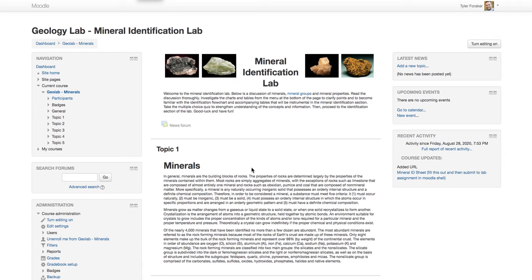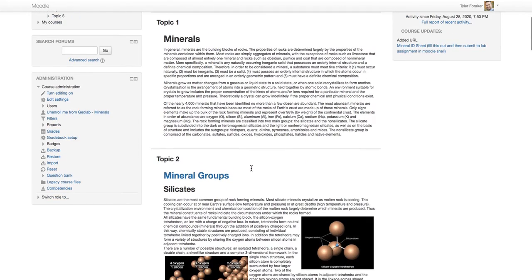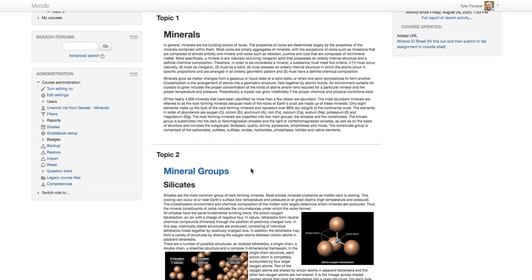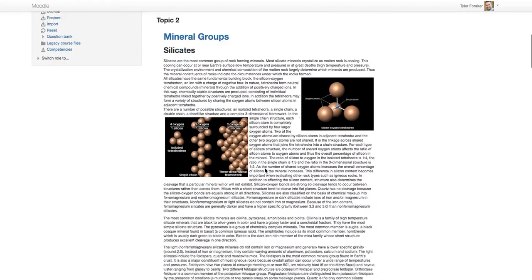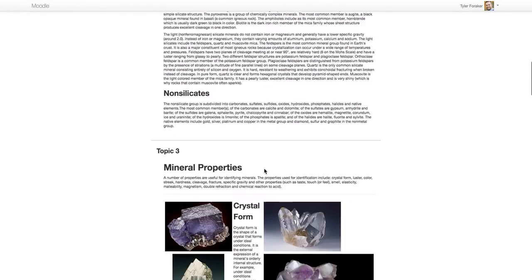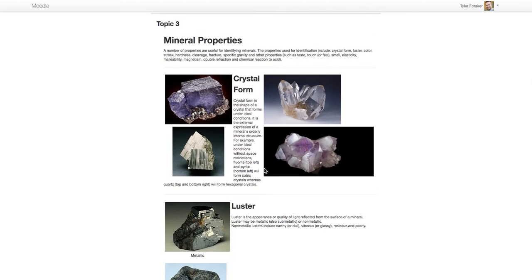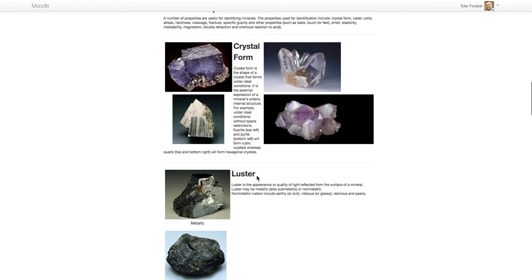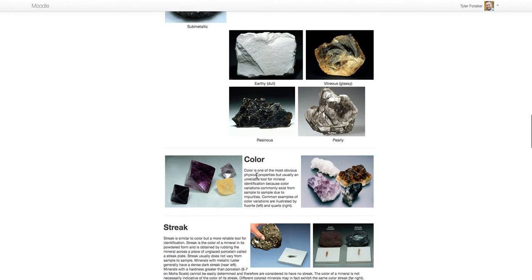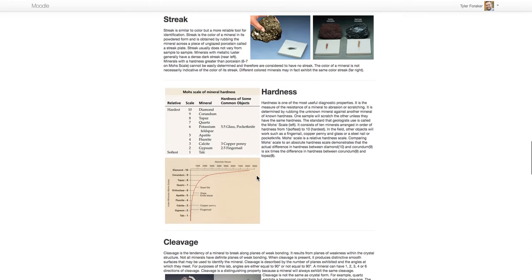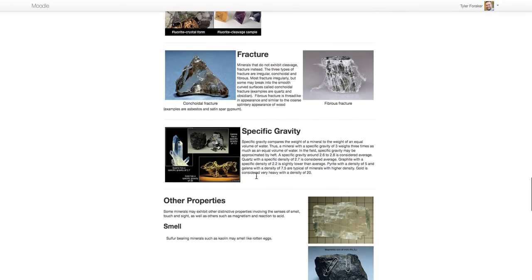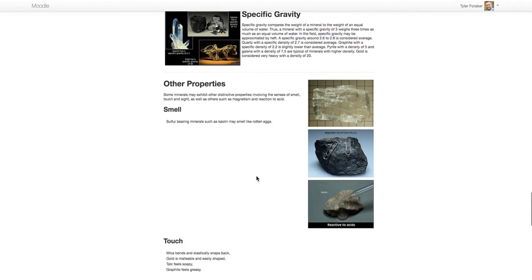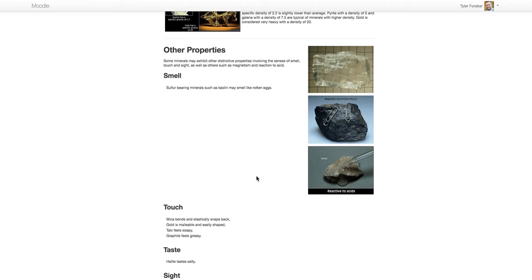There's a ton of information inside this lab, and I would highly recommend that you read this multiple times through. Make sure that you understand the different topics, but basic general overview of minerals, identifying the 5 criteria to be considered a mineral. Then we jump down into the different mineral groups, silicates, non-silicates. Then we'll talk a little bit about mineral properties and what those mean, different types of crystals and crystal forms, luster, color, some mineral tests, streak, hardness, cleavage, fracture, specific gravity, and then there's some other properties that exist within